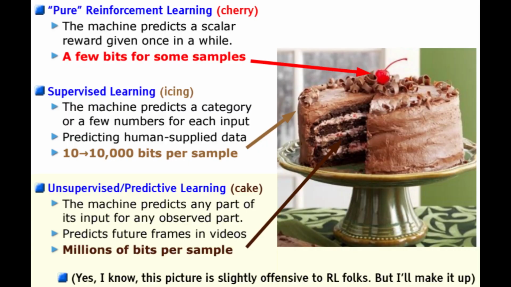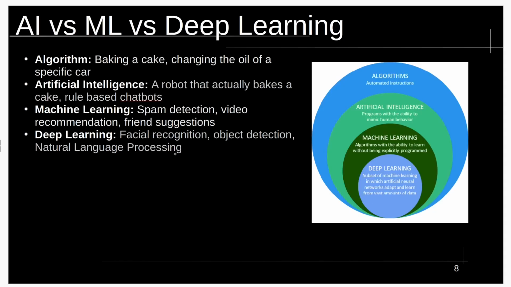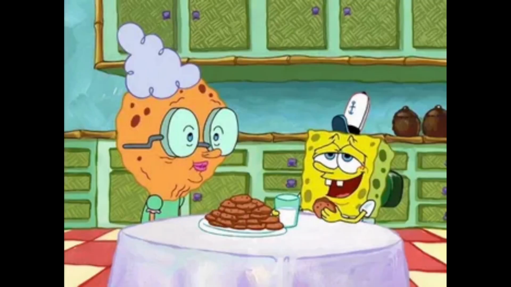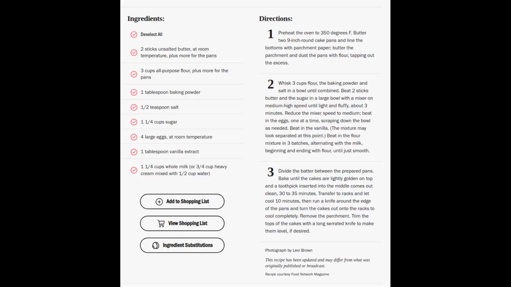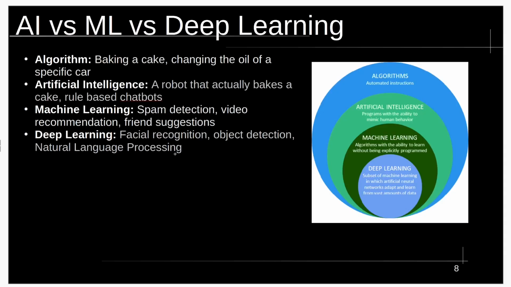So baking a cake, it doesn't matter where you are. If you have eggs and flour and a little bit of love or something like that, I think that's the recipe. If you have those inputs, no matter where you are, if you follow the exact steps, you will get out a cake. Changing the oil of a specific car, there's steps that you need to take,